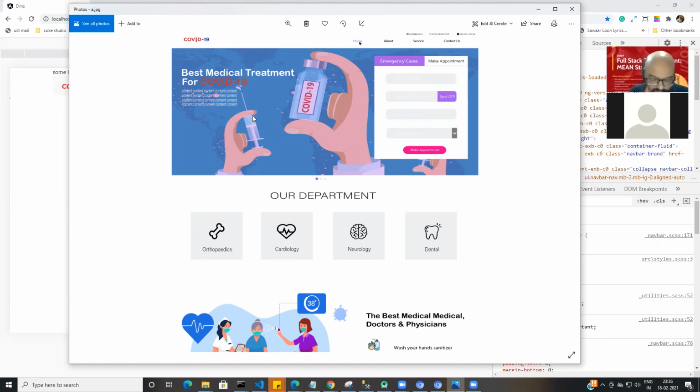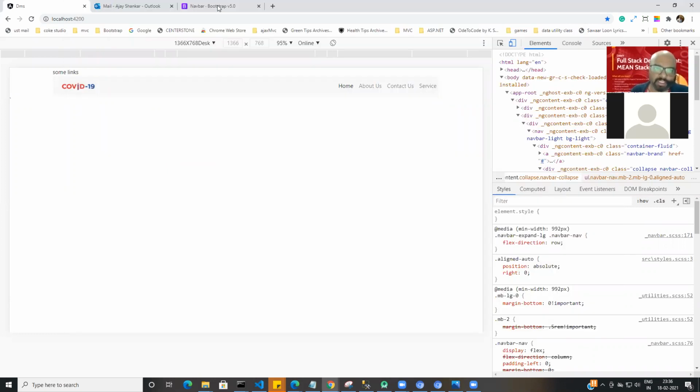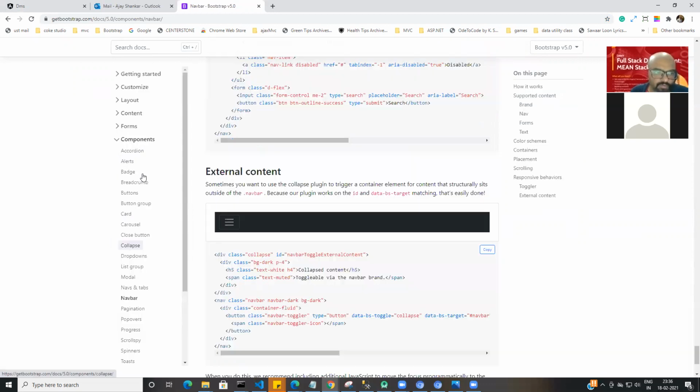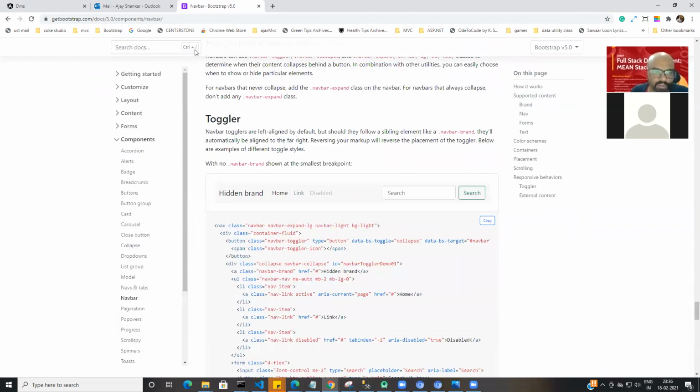So to make this header, we have something in Bootstrap called Jumbotron, right? Let's see this Jumbotron. I need to check, is it there now in the latest Bootstrap or not? I'm 100% sure it should be there, but if it's not there, then we'll create it. In the previous version of Bootstrap it used to be.